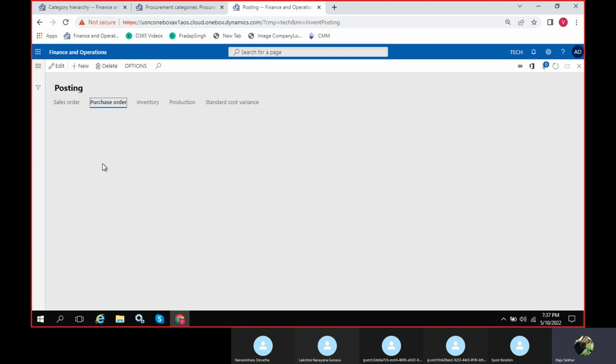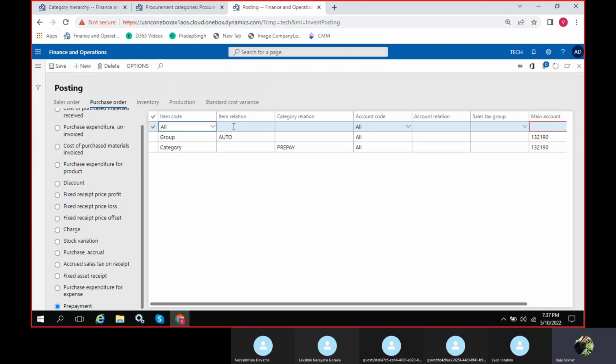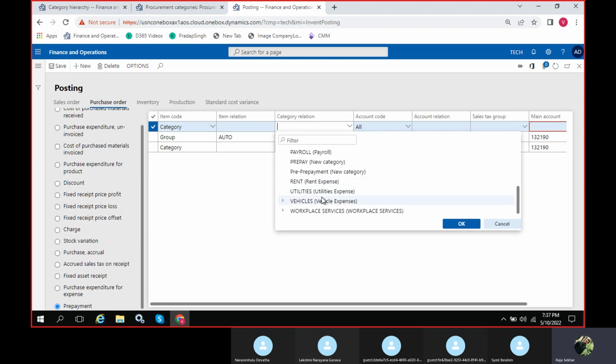Where is your purchase order? Prepayment. Here, edit this, and then new one, add category. Select your category, which is your prepayment. This is your new category, right? And add it.